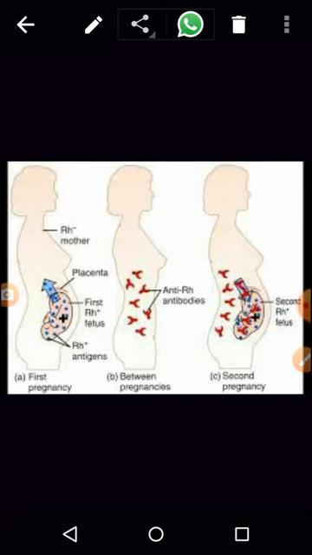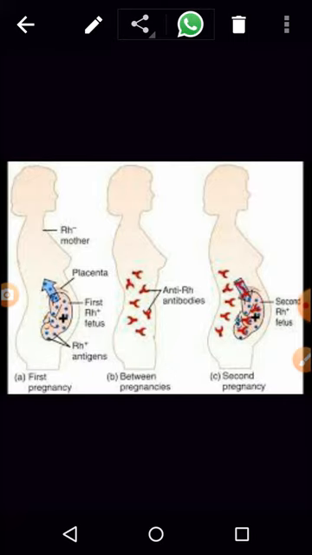It is defined as a hemolytic anemia in the fetus caused by transplacental transmission of the maternal antibody to the fetal RBC. Basically, what happens here is that the mother produces antibodies which may lyse the RBCs of the child and cause hemolysis, and definitely the child may suffer anemia. Now, how does it cause this?